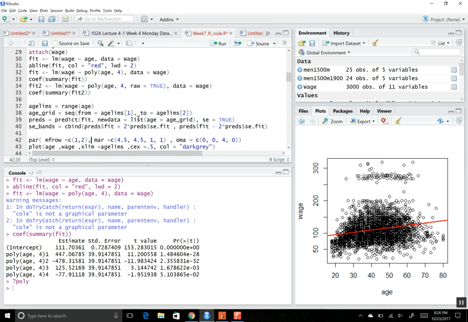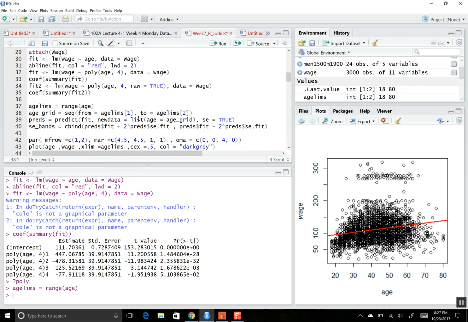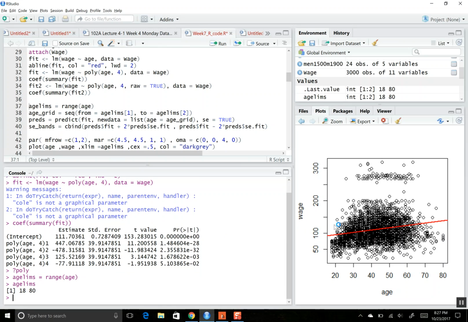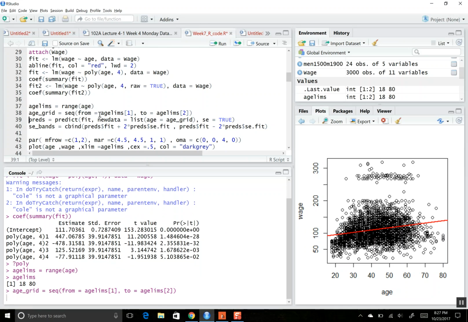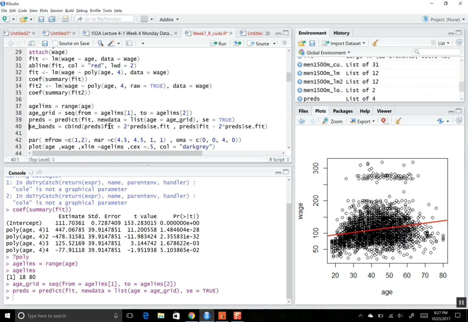And if we want to see what this looks like, we can. So the age limits is the range of our age data. So we have data going from 18 years old to 80 years old, and then we're going to use our fitted polynomial, and we're going to create a prediction there. Okay, we're going to say predict new age to what we have. We get